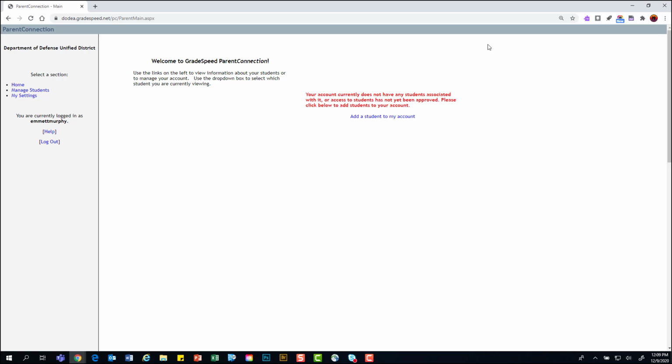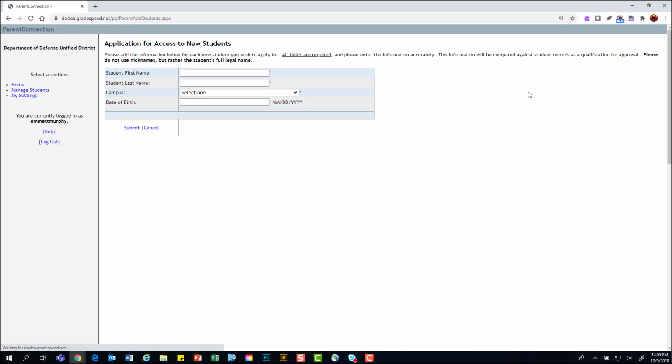Well, don't you already know? Well, we know what's on our records, but we don't know the person creating the account is actually the parent, because anybody who has your first name or last name, or anybody could say that they are a parent. We're going to go by with what's in the registration record. So we want you to hit this add a student to my account. Give us the name of your student, the legal name you registered them with,